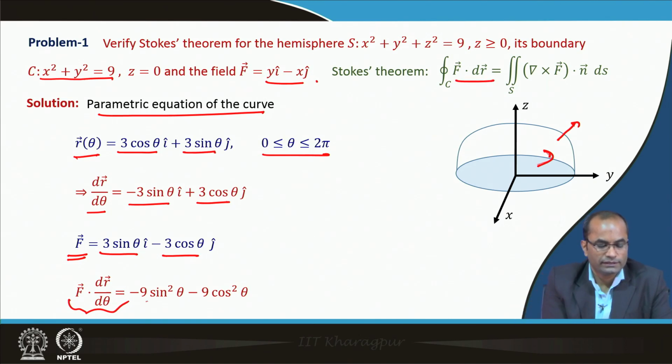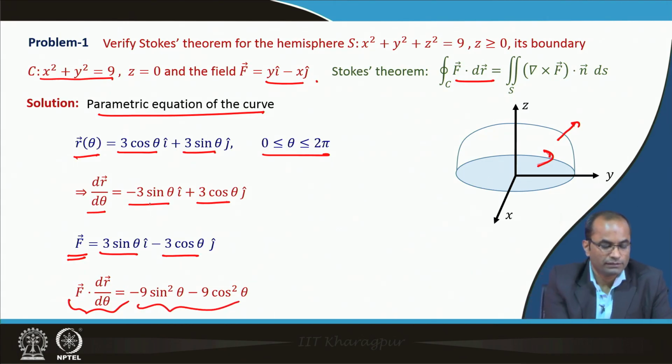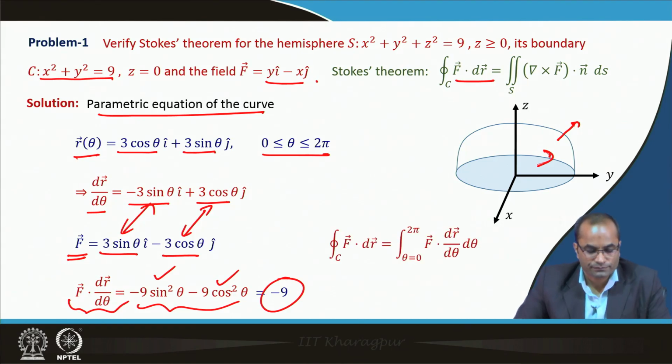So, f dot dr d theta will be minus 9 sin square theta. So, the multiplication of these two here, and then the multiplication of these two. So, minus 9 sin square theta, then again minus 9 cos square theta, and we have this vector minus 9. So, this f dot dr,